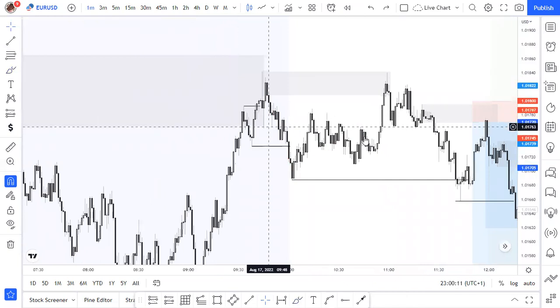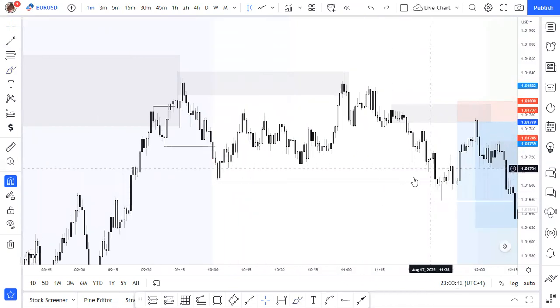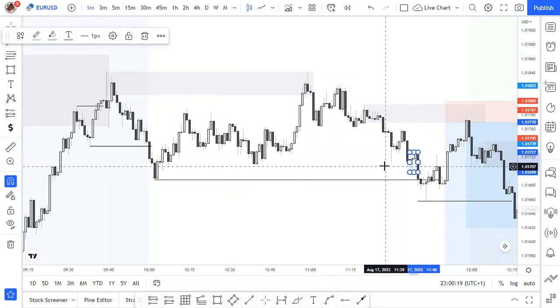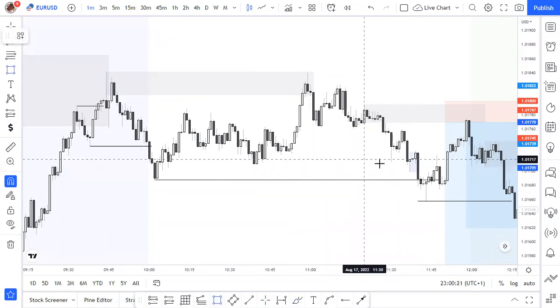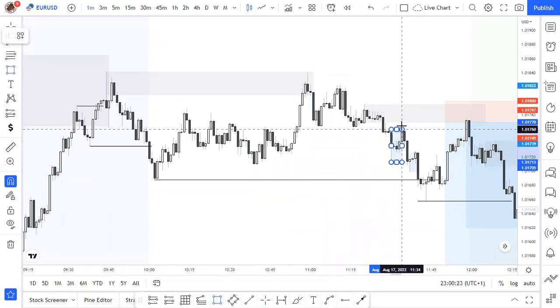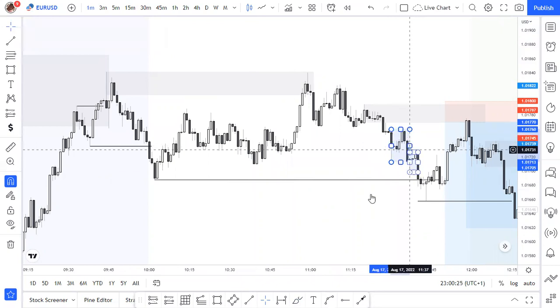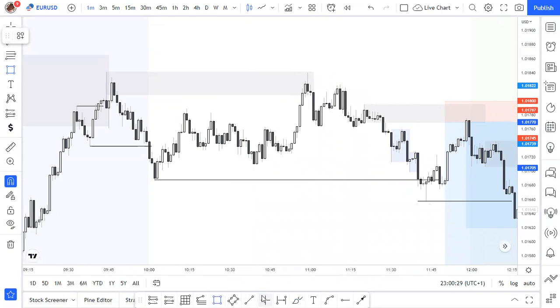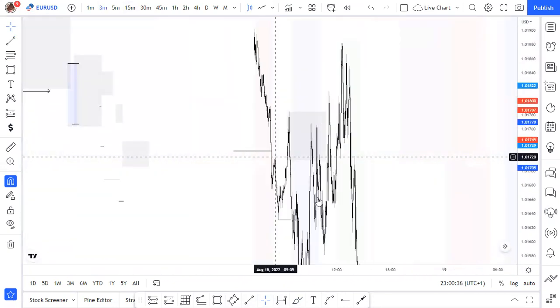Now, what I normally do is when I have multiple ranges, like I could say this is my range, I just go up a time frame or two, maybe 3 minutes or 5 minutes, and then see if there is any particular candle that I can use from that higher time frame. So on the 3 minutes,